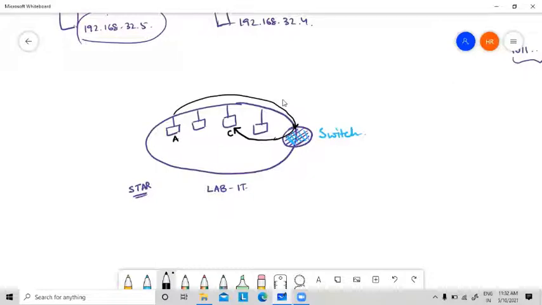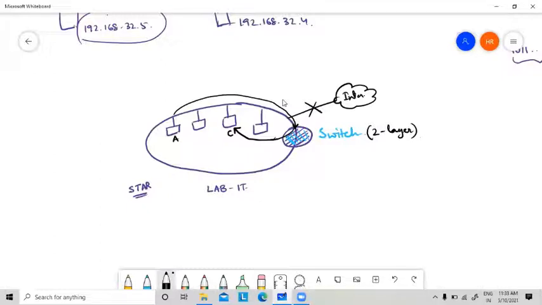Now, if it is only a simple local area network through which you are not going to access the internet, there is no internet connection, then you can use a two-layer switch. Am I clear? Why do we use a two-layer switch?